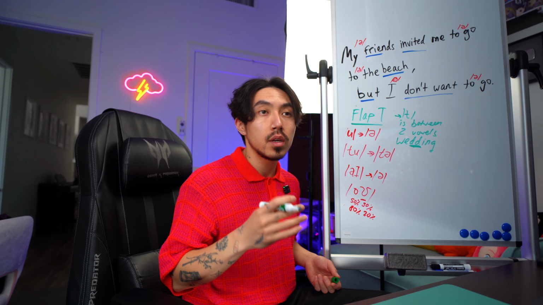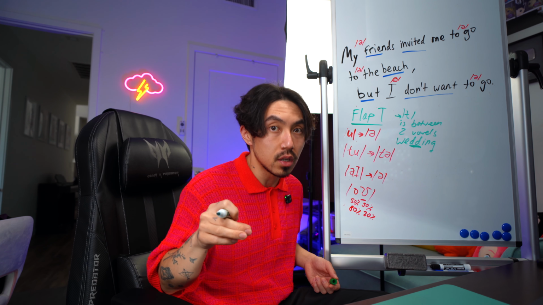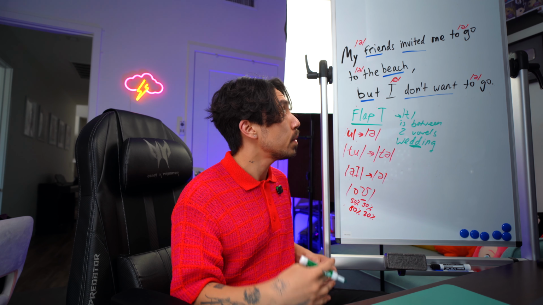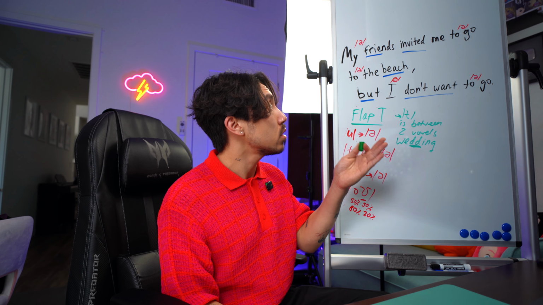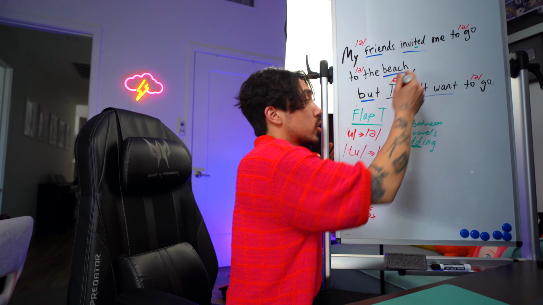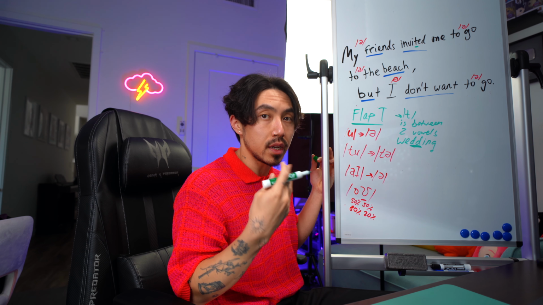It's a light tap. D. Instead of saying t, we're gonna just say d. Very light, very simple. Now, let's identify all the T's between two vowels. Of course, we have it here. It's our focus word, but it's not that big of a change. It's more natural to say invided rather than invited, right?